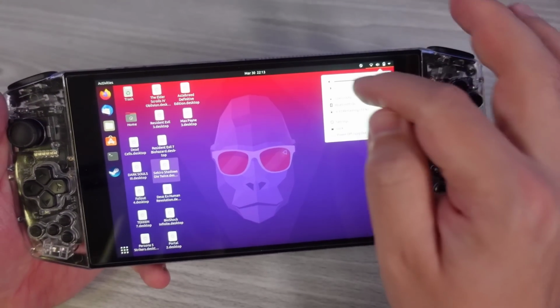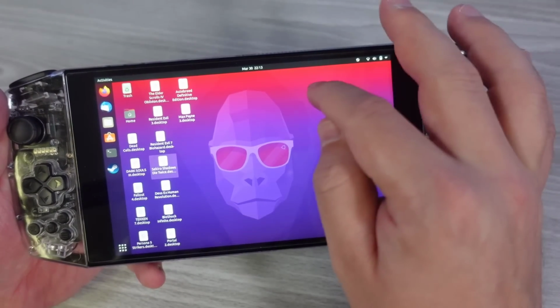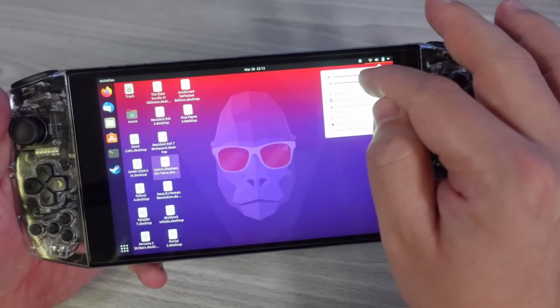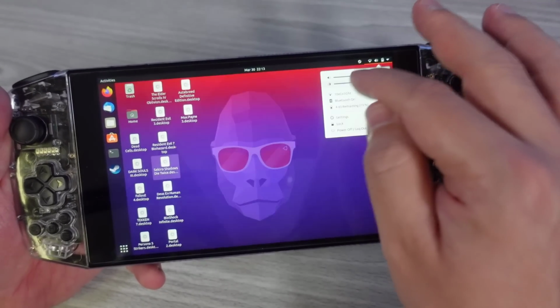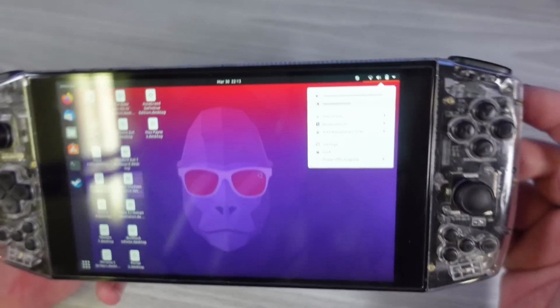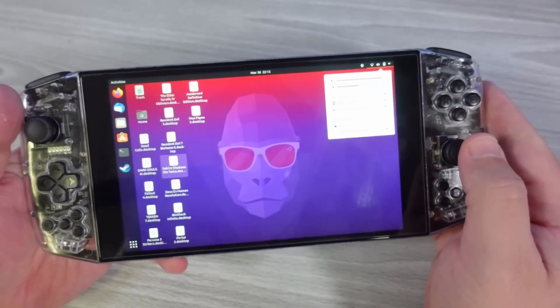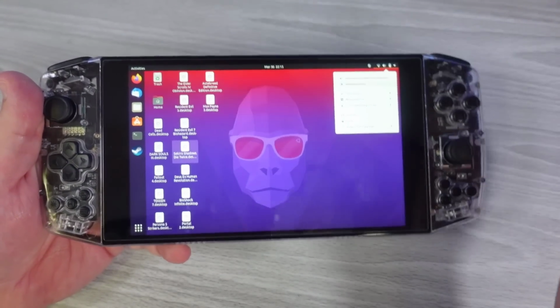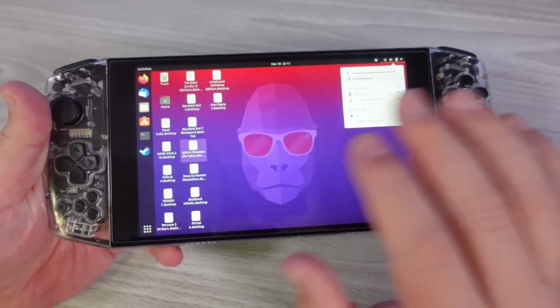If we go here and we take a look at brightness control, we can see that we can dial the brightness up. The only thing that's kind of weird here is sound. So sound is maxed out, but it is extremely low. You're not going to be able to hear anything unless I plugged it in,